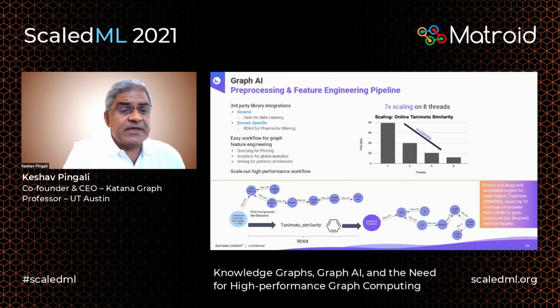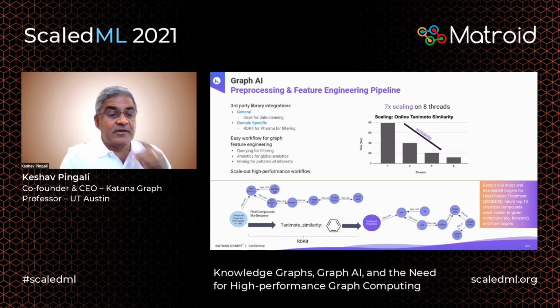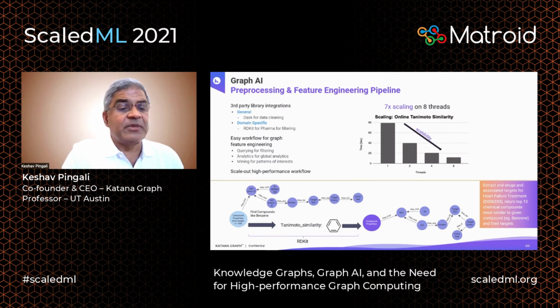What you see is basically you have to set up this entire pipeline over here. You start by having this small query graph or pattern graph. You have to find all instances of it, collect all the hits, see what the compounds are, use RDKit, and then do the ranking and then output the result. This is just a small portion of the overall pipeline, but it gives you an idea of some of the complexities that one has to deal with when dealing with real problems.